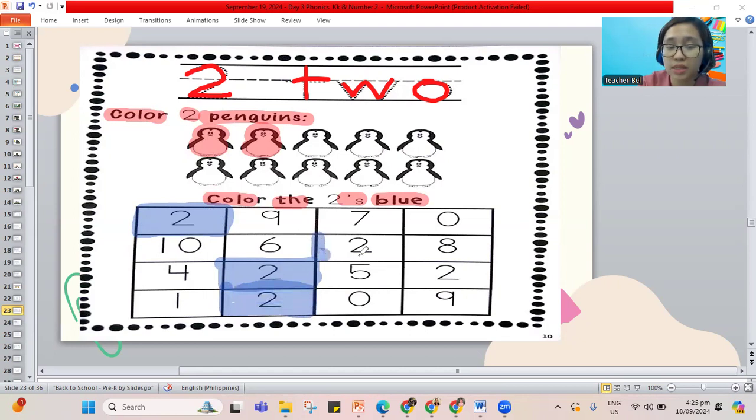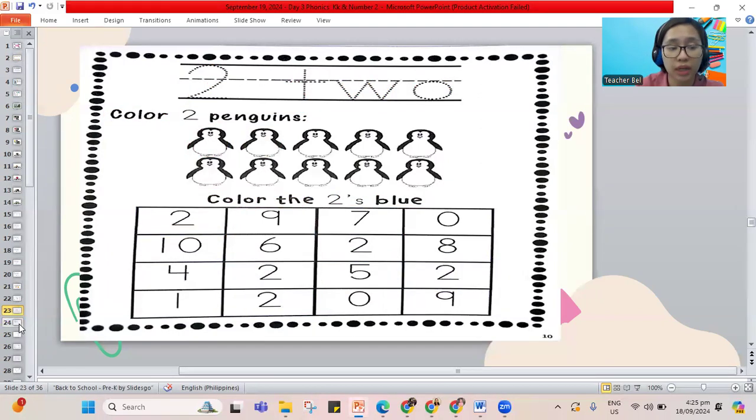Next one, this is 4. And we have 5. So we found 5 number 2s. That's 5 of them. 1, 2, 3, 4, and 5. Now, we're done with this page, but if you're not yet done, pause the video. Play it again once you're done. I'll erase this one and I'll jump to the next work.